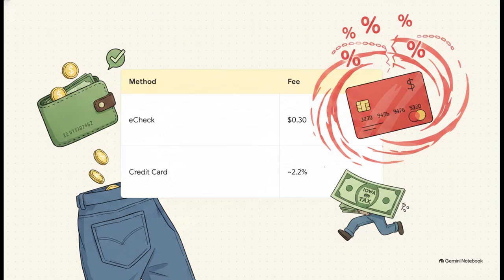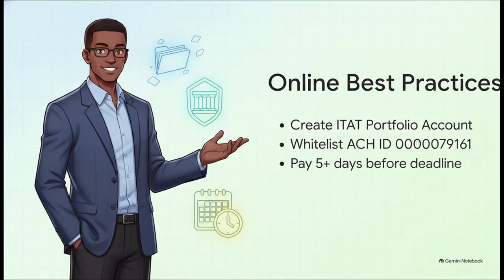To put that into real numbers, on a $4,000 tax bill, an e-check costs you 30 cents, while a credit card fee will cost you over $88. Yeah, always opt for the e-check if you want to keep that money in your own pocket. Let's rapid fire a few more insider best practices. Number 1, create an ITAT portfolio account. This securely saves your parcel numbers and past payment details so you don't have to go hunting for that physical